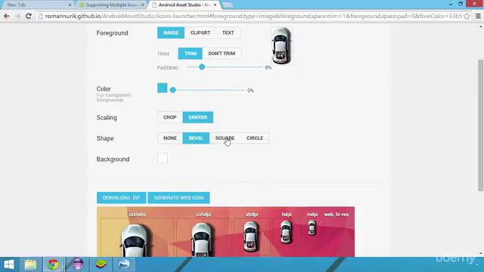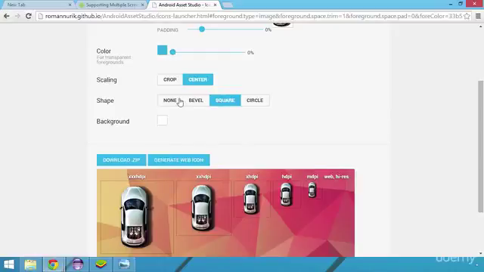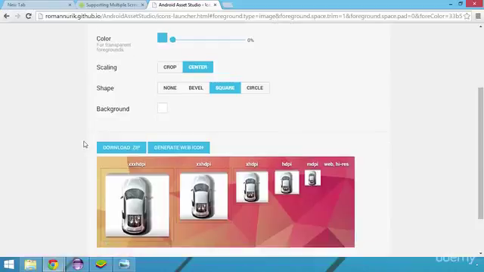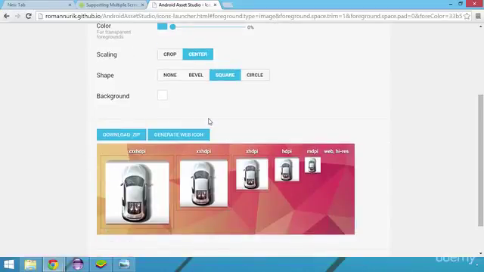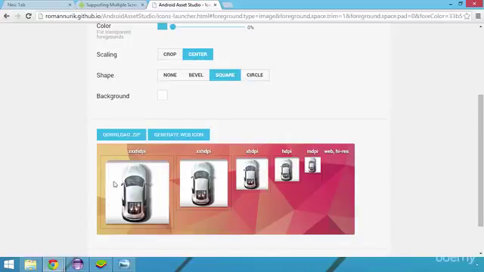Next, we have several options to modify or alter the image, like scaling it, giving it a shape, using a background, and so on. For example, if we use circle as a shape, we can see the car in a circle background. I like how the image looks by using the square option, so I will use that to generate the icon. We can also crop the image, making it look more like the original icon when only a part of the car was available in the image. But I'm not going to use that right now, so I will switch back to center and will stick with